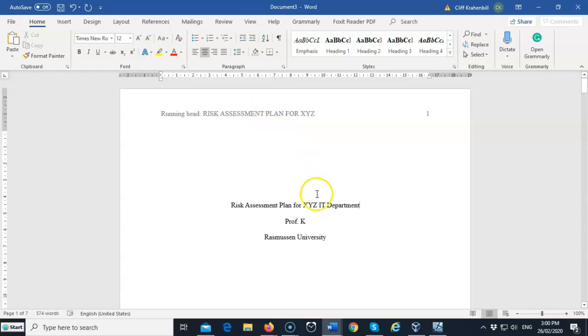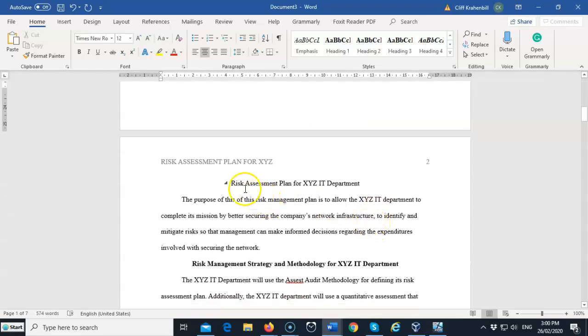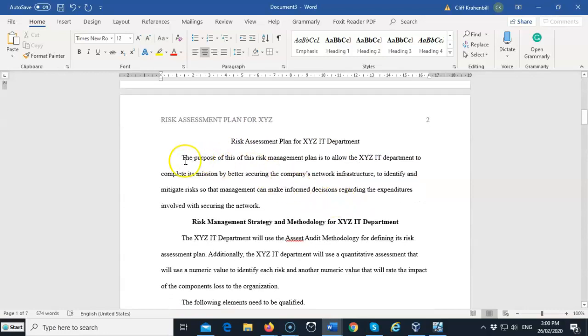So I've done my running header. Here's the title of the paper. And here's the title of where it belongs. There's my running header again. And this is the introduction. This is the first paragraph. So I'm just talking about what the purpose of this risk assessment plan is and why I'm doing it for